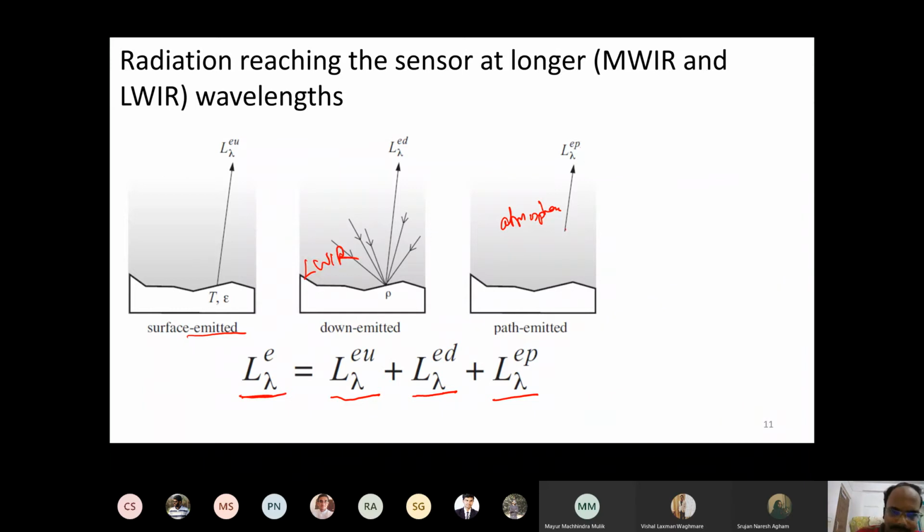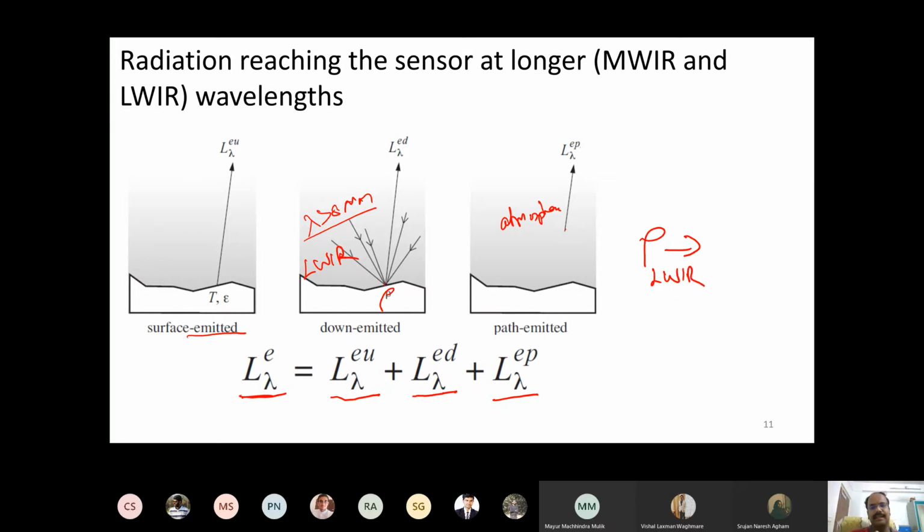Whatever is emitted by the atmosphere, naturally it will be in wavelength of greater than 8 micrometers. We already saw this using Wien's displacement law. At average temperature of Earth's surface, the peak emission will be around 9 micrometers, 10 micrometers, and so on. So essentially, lambda greater than 8 micrometers. So whatever the atmosphere is emitting, it will come down, and surface will get some additional energy within that, and it will be reflected back. So this reflection is essentially in the LWIR band.